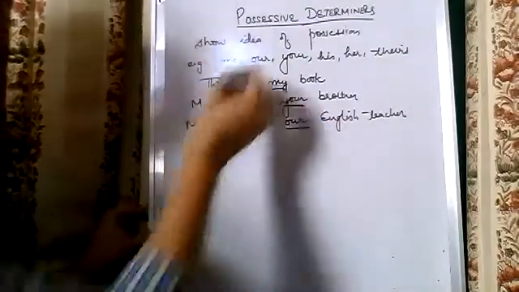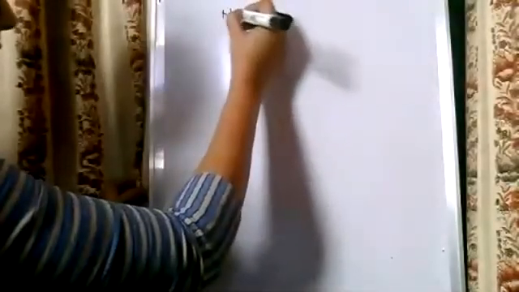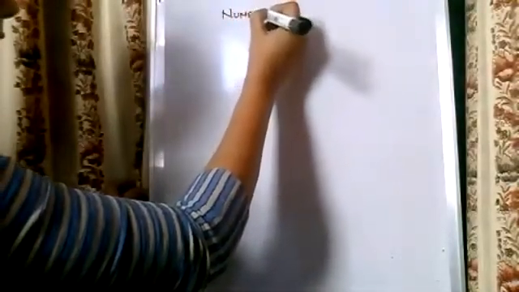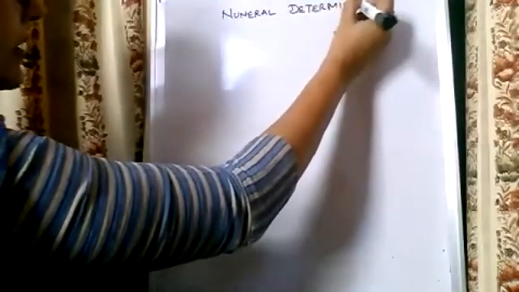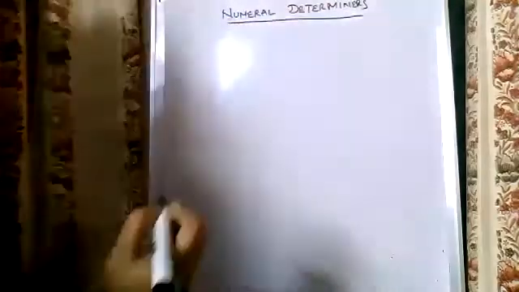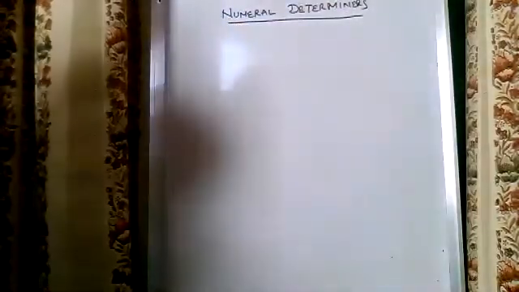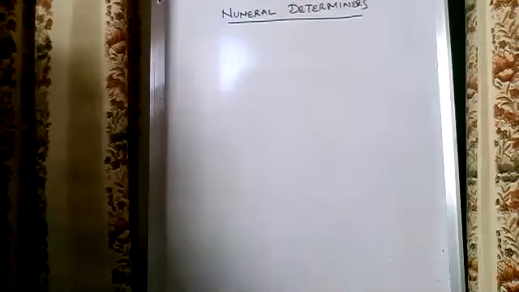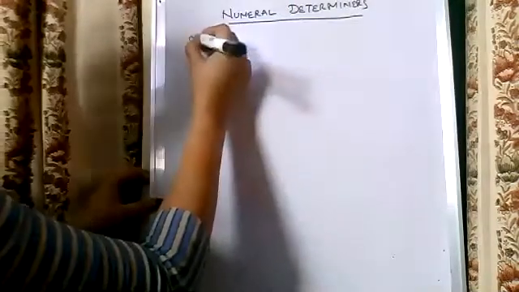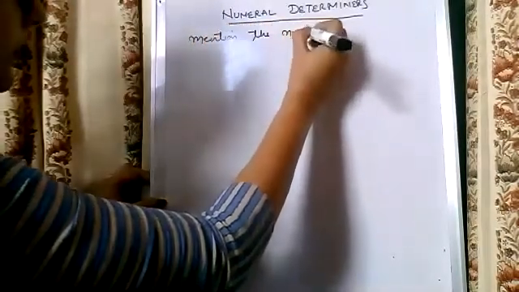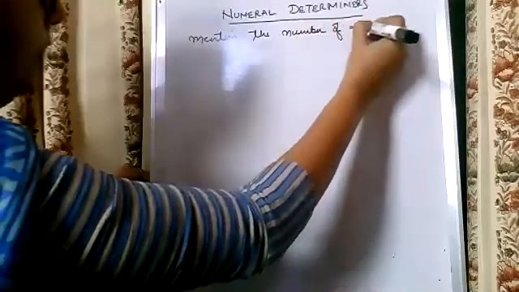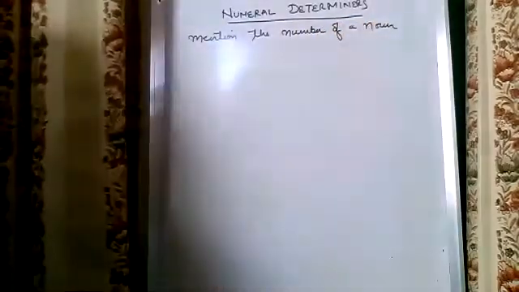Okay. So I am going to write it down. I will send you. You just understand first of all in the class, that is more important. Next are numeral determiners. What are numeral determiners now? They give us an idea about the number. They mention the number of a noun, for example,